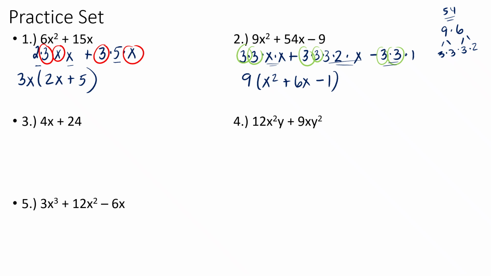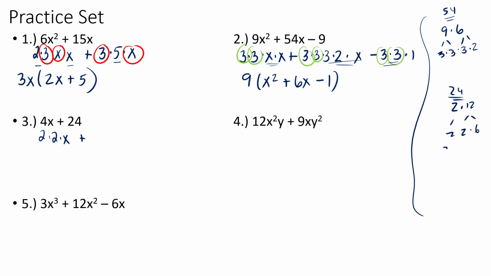Next one, what do we have here? We have 2 times 2 times x plus, and then I'll come over here and just do a little bit of scratch work. The 24 factors into, we'll do 2 times 12, and 12 factors into 2 times 6, and then 6 factors into 2 times 3. So that is 2 times 2 times 2 times 3. And what I see that we have in common is 2 2's. And 2 times 2 is 4, so my GCF is 4, and I am left with x plus 2 times